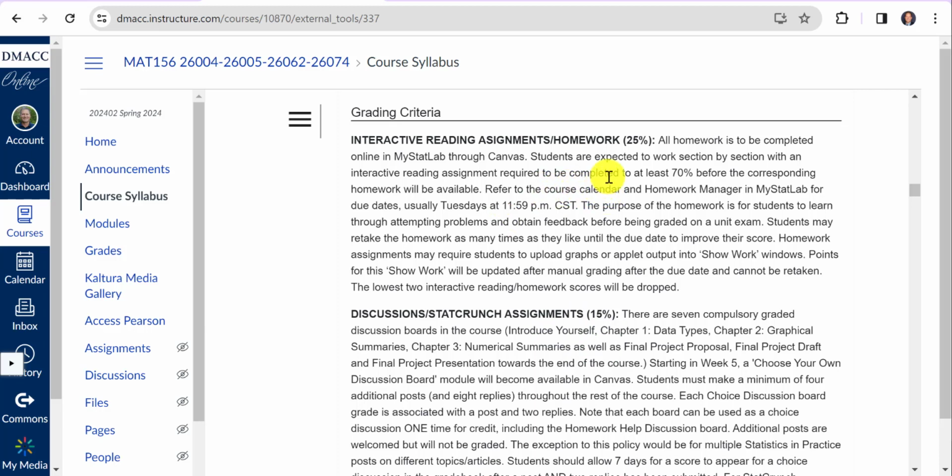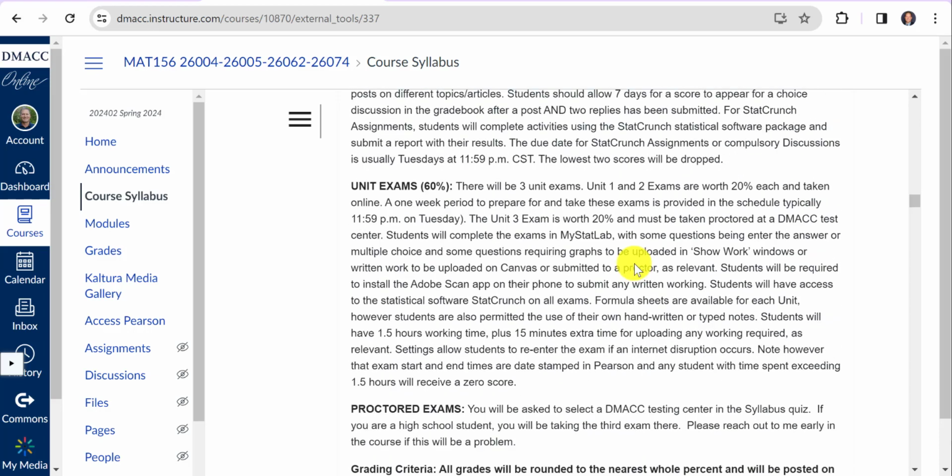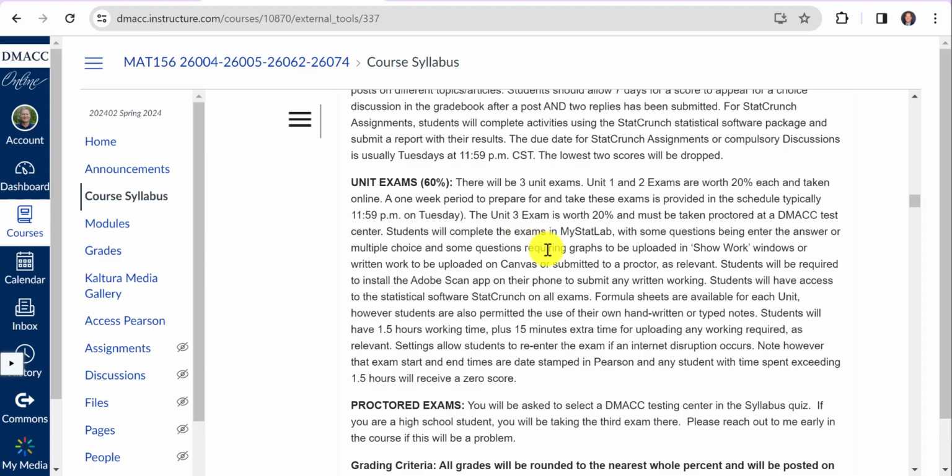I would strongly encourage you, you can get up to 100% on that component and this component. So 40% of your grade you can redo. You can redo the homework over and over. You can get similar exercises, keep trying it, and you can get a very strong grade in those if you persist. So if you get really good grades on this kind of effort part, well, you don't have to do completely awesome on the unit exams to still get a C or better in this class. So perseverance will pay off.